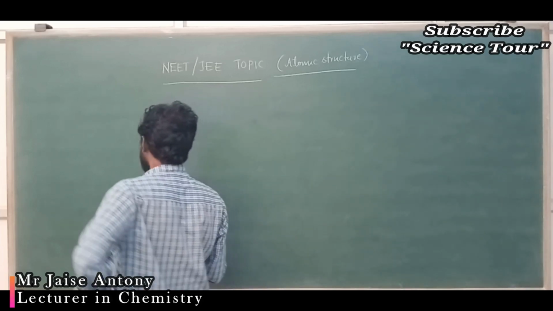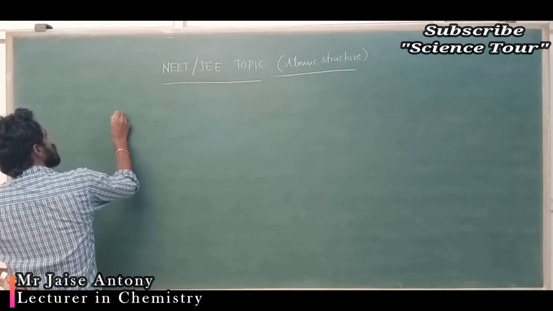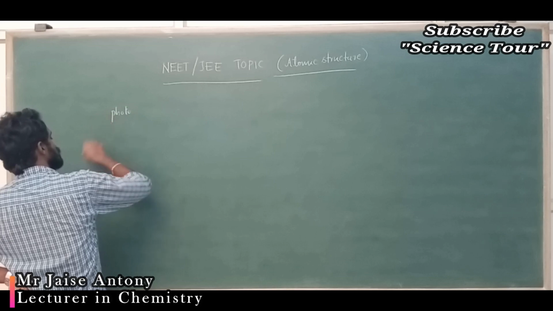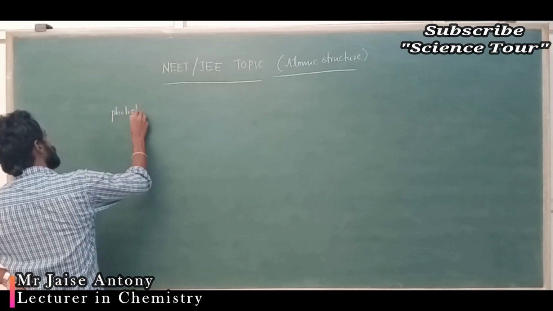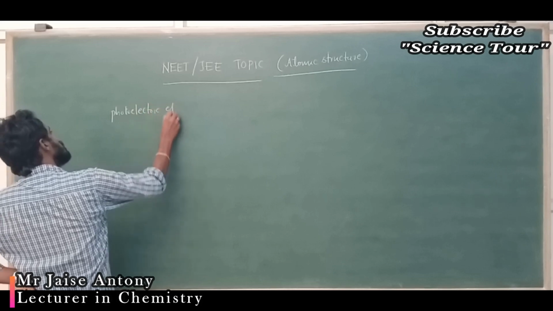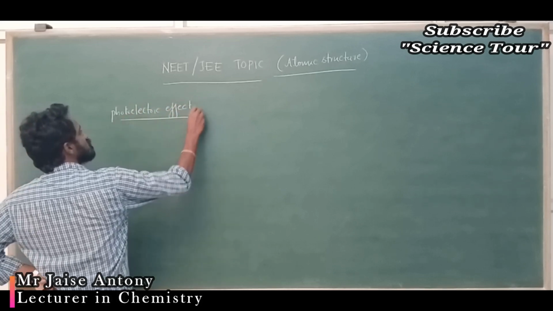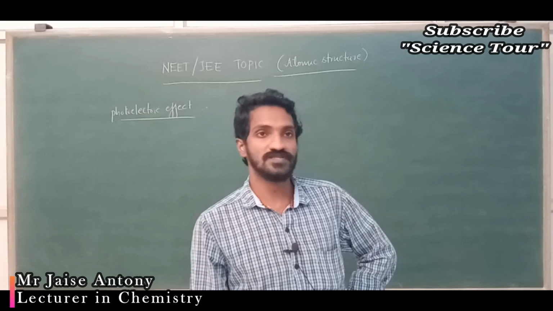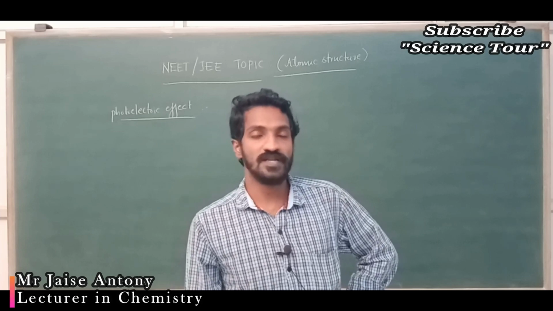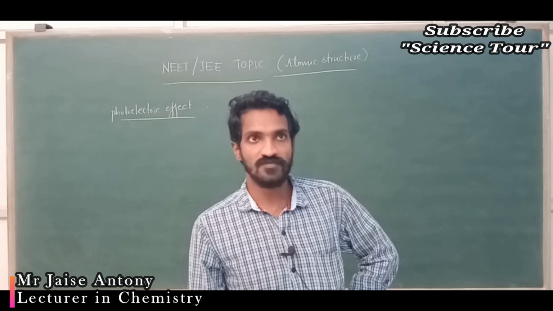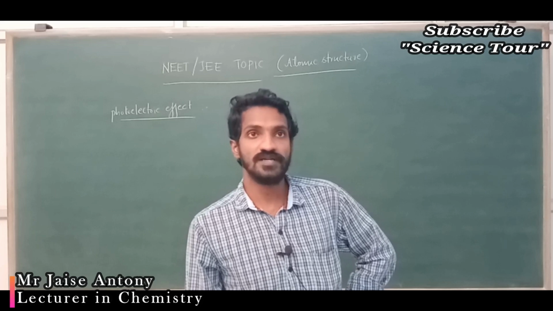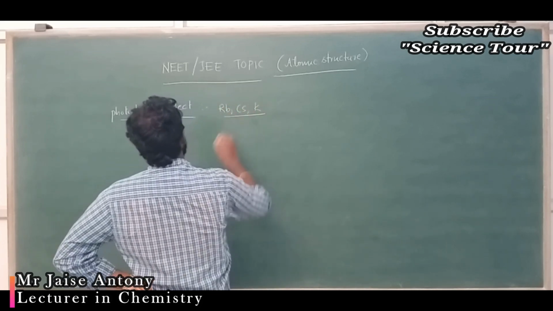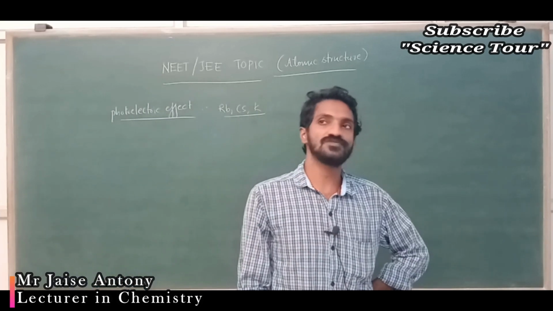From the photoelectric effect we are going to discuss that content. I am not explaining it in detail, it is given in the board, understood, photoelectric effect. My dear students, what is the photoelectric effect? When light of suitable frequency falls on a metal surface, it emits radiation. It's called the photoelectric effect. Rubidium, cesium, potassium, these are the metals that emit electrons when light of suitable frequency falls on them.